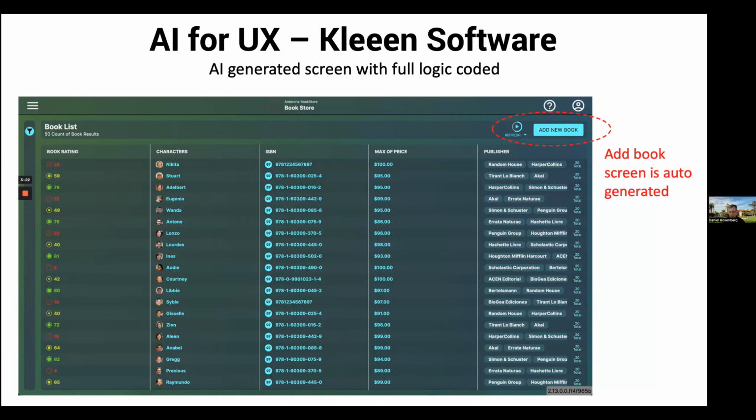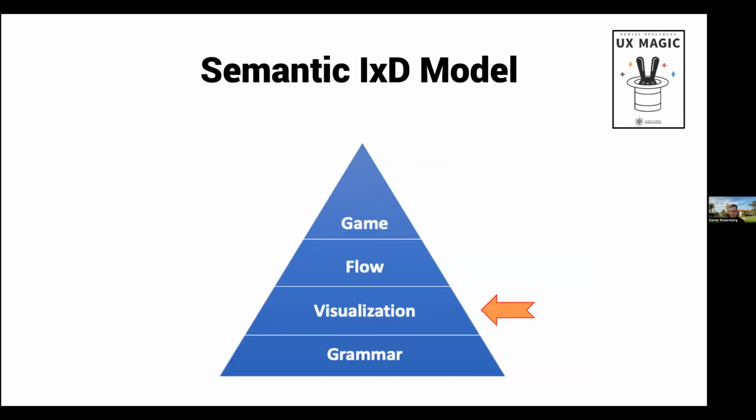That was deduced by the AI. It figured out, based on the goals that were identified in the personas, that at least one type of user inside the bookstore for managing the collection or more would have to add a book. And so it would generate the add book screen, which might be import, it might be manual typing.